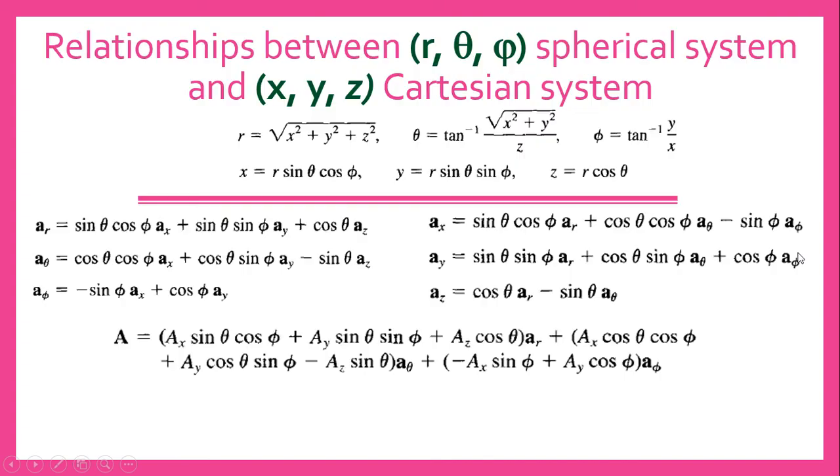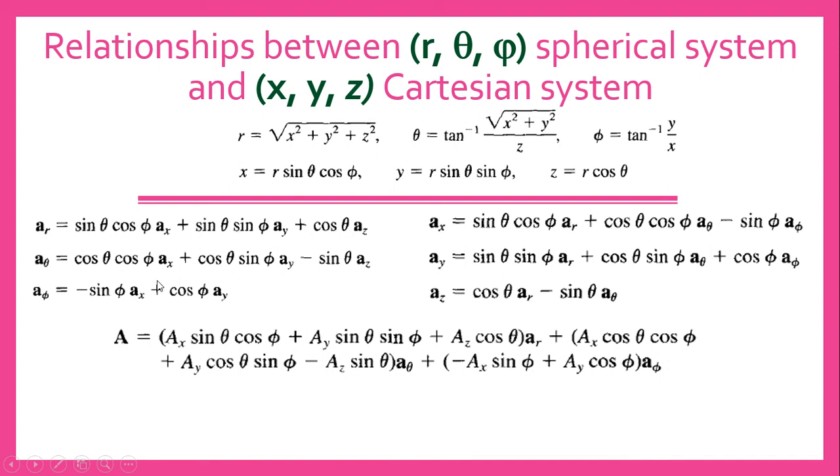So now you have better understanding. Let us see how we can transform one coordinate system to another coordinate system. If you know the Cartesian coordinates, you can find out the spherical coordinates using r is equal to square root of x square plus y square plus z square, and theta is equal to tan inverse of square root of x square plus y square by z, and phi equal to tan inverse of y by x. If you know the spherical coordinates, you can find out the Cartesian: x equal to r sin theta cos phi, y is equal to r sin theta sin phi, and z equal to r cos theta. This one is the coordinate transformation.